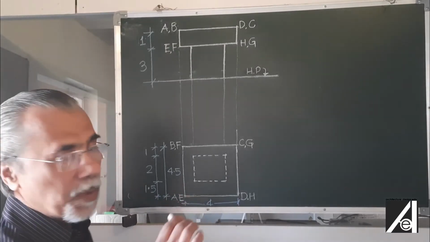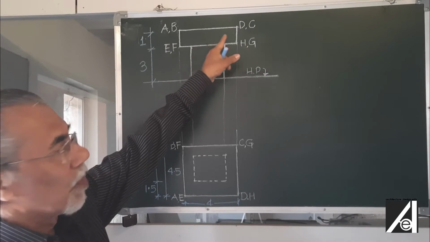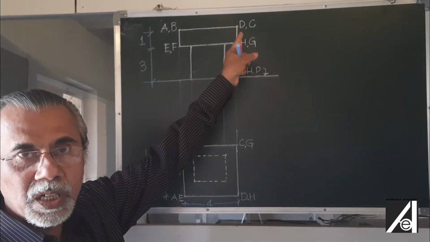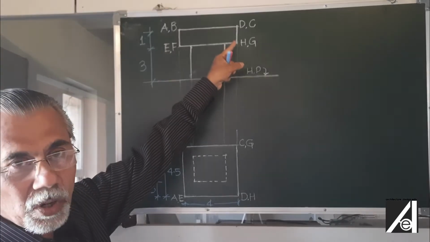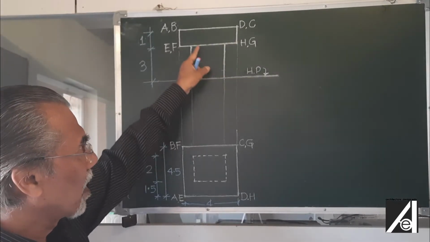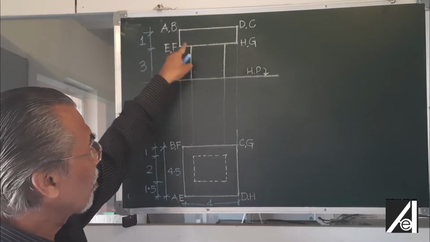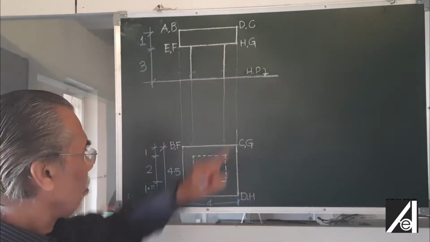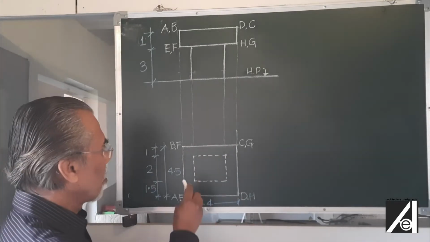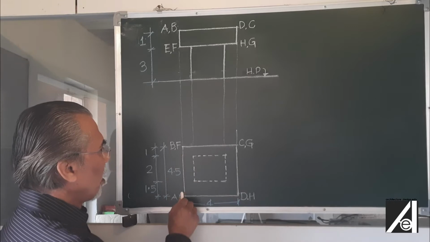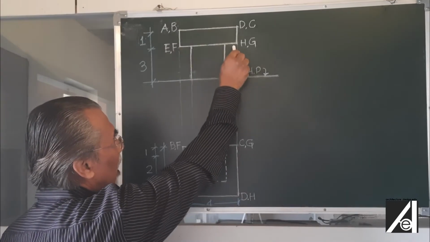Now, as per our procedure, let us first give references or coordinates to all the edges which the upper object has got. The lower object also you should give, but that may not matter much, because the major shadow is going to be of these 8 edges. So these are those 8 edges. Suppose we give coordinates to them: the upper 4 edges and the lower 4 edges, and then the vertical edges.